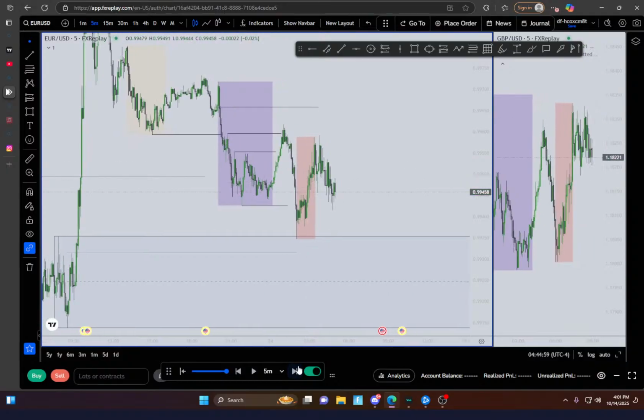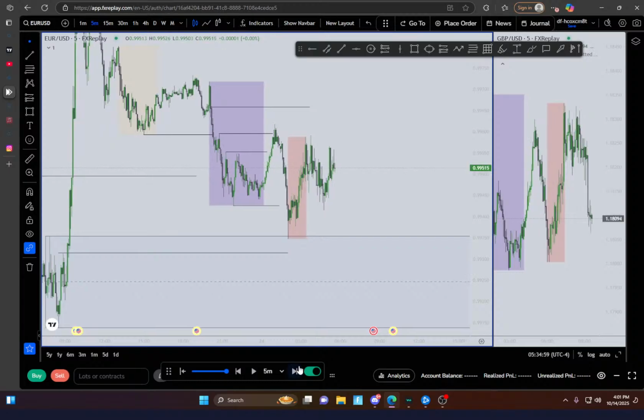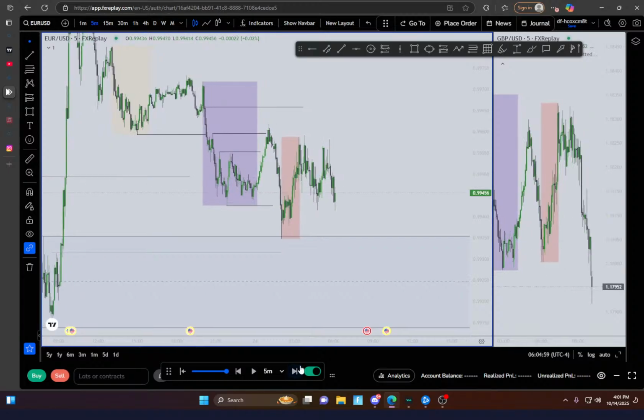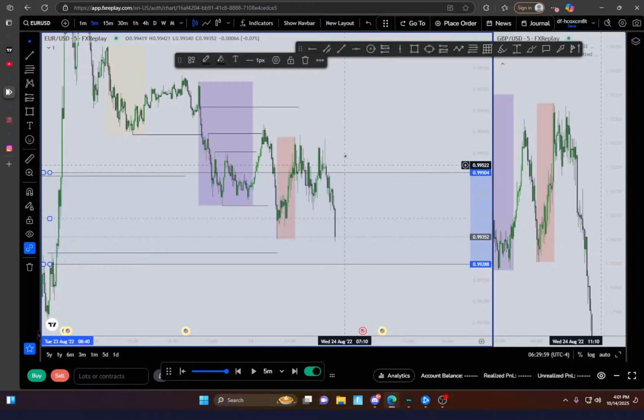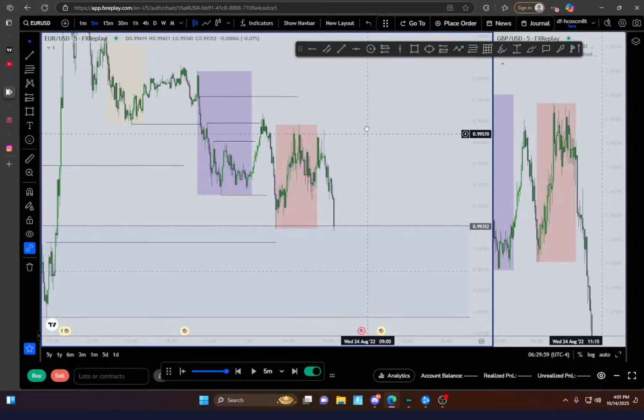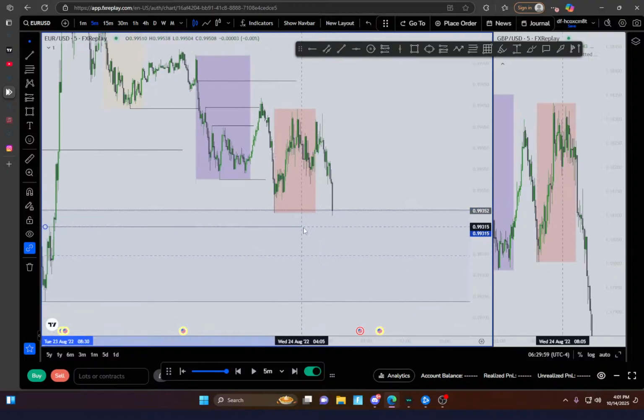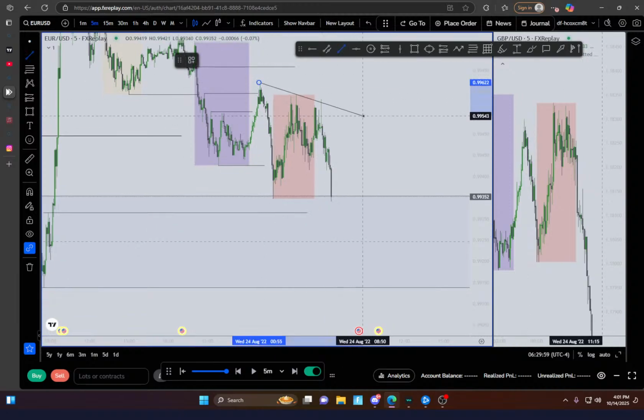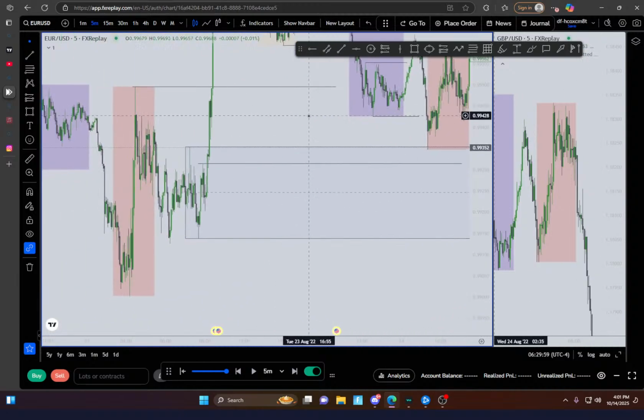But a nice manipulation lower would be great. Okay, nice. So now we're taking out liquidity, manipulating lower, but a low resistance liquidity, and then,